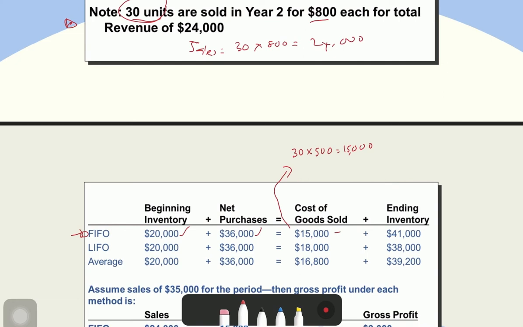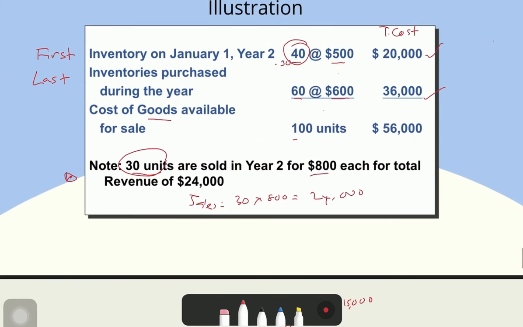So the ending inventory, we go back to the question. So kalau kat sini ada 40 tadi dia dah jual 30. So ada lagi remaining about 10. Betul? Okay, so 10 times with 500, 5,000, okay, and then plus, yang ni tak terjual lagi lah, yang ni 60 ni semua, belum, unsold lagi, okay, so you just plus with 36,000,